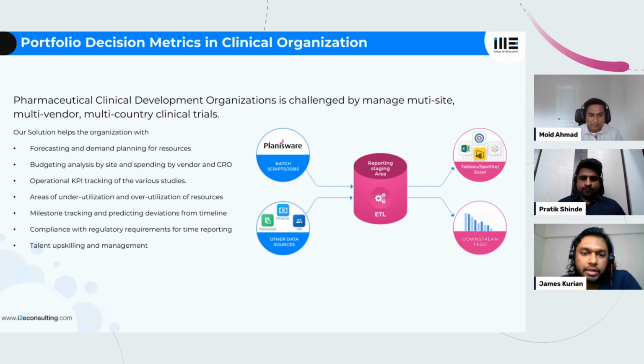They were going to Planisware and they were going to other systems, the roster system, the timesheet system, and other systems as well. And they were extracting it separately and doing manual operations over there. So we built the reporting, the staging area for the reports, which combine data from Planisware and other sources. Planisware doesn't necessarily have to be used in isolation. We can combine data from other sources as well. And this is what makes the solution even more powerful. So by creating the staging area, we could now use it for downstream reporting. So we created certain dashboards, and it opened up possibilities for using it in other places as well.